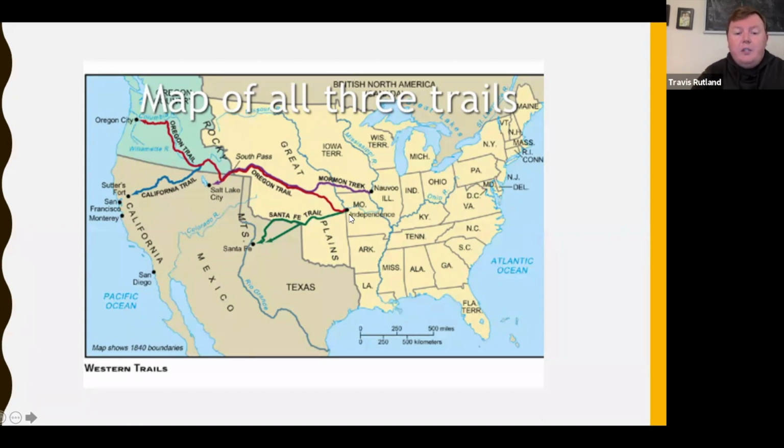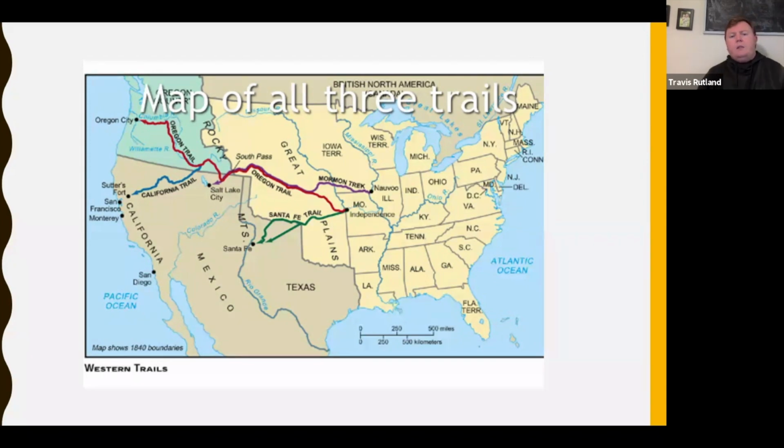Now, the Santa Fe Trail, a little shorter, also starting in Independence, Missouri. Okay, it's following this green line here. Okay, there's kind of two different branches that you can take. Again, a little easier travel, okay, kind of more flat. You don't really have to go through a whole lot of the Rocky Mountains like you do going to Oregon. So it was a little shorter travel. Okay, it took again about 2 months to take the Santa Fe Trail.